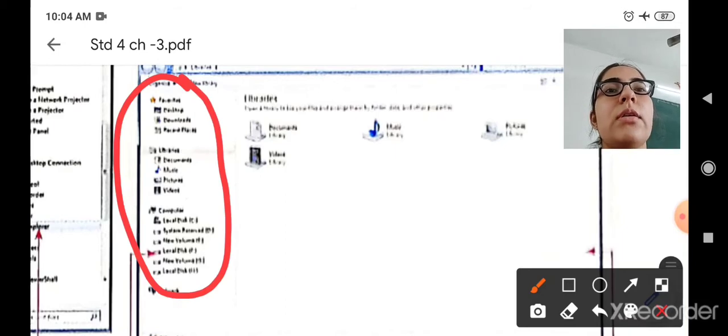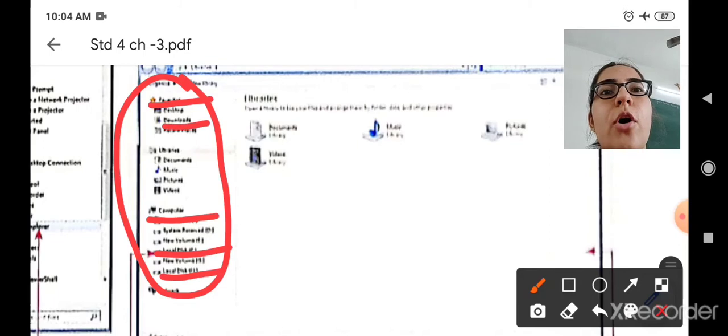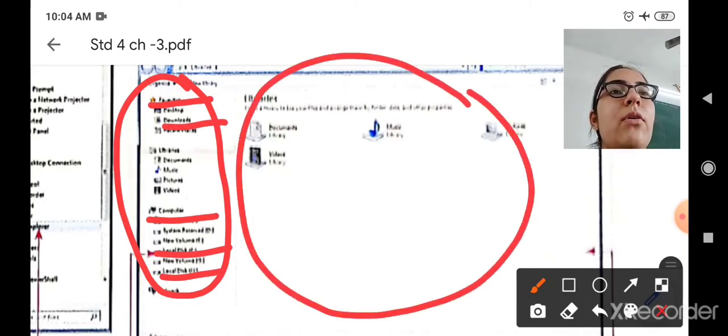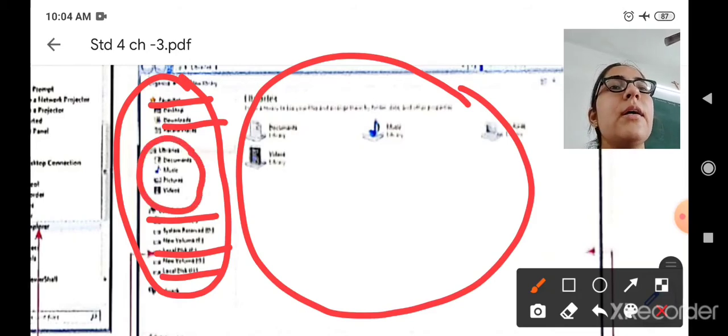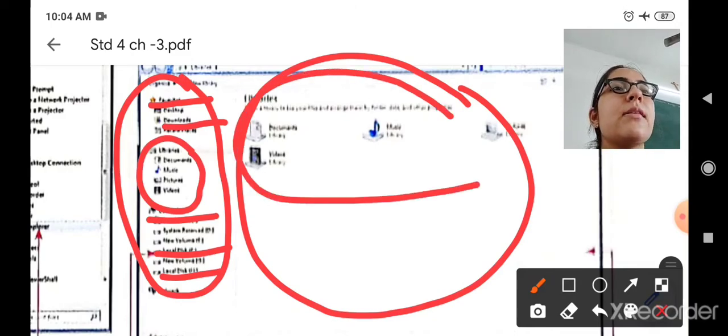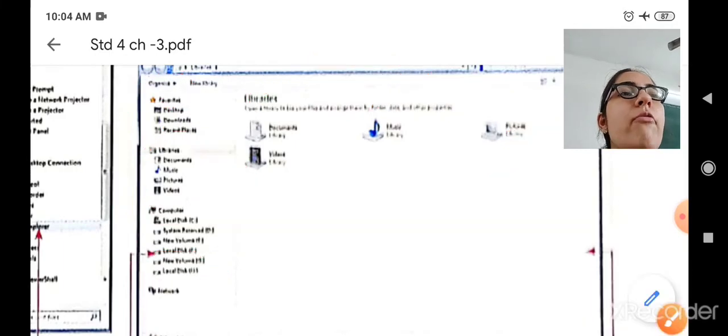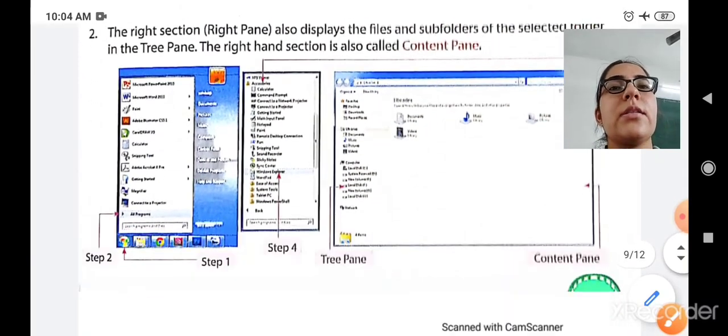It means all the libraries, the computers, the drives, the desktop, documents, everything will be displayed to you. This is the content pane or the right section or the right pane, which will display the selected folder. Whatever you select here, the files and the subfolders of that folder will be displayed here. This is how your Windows Explorer is divided.